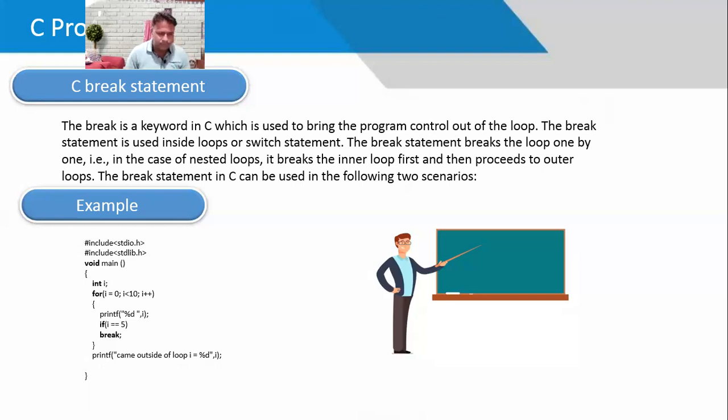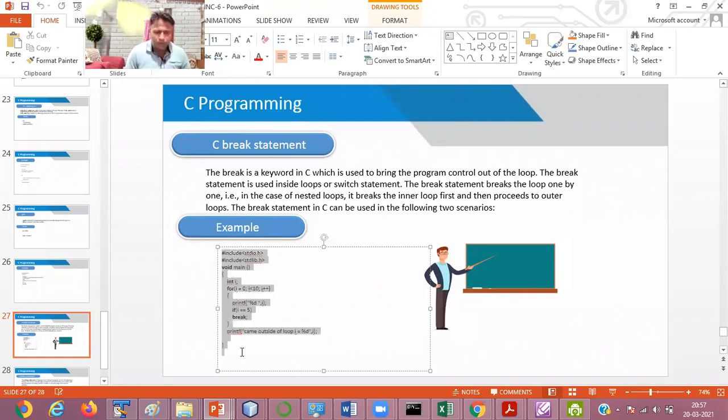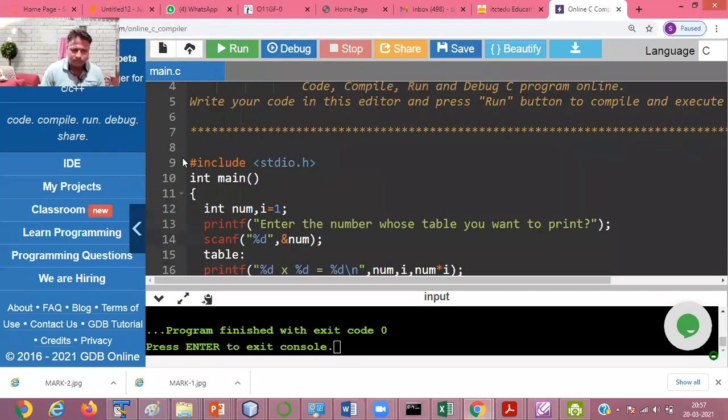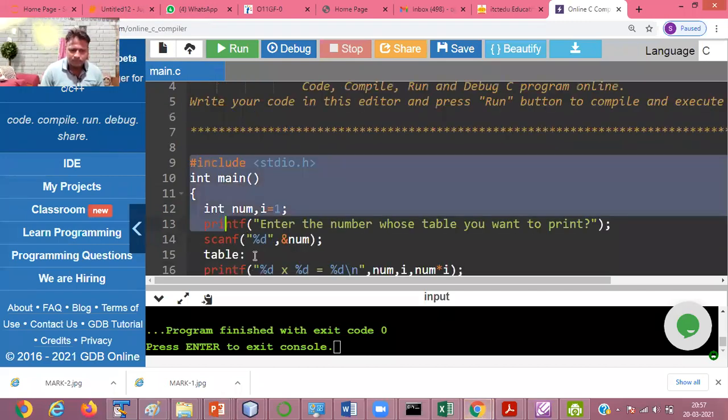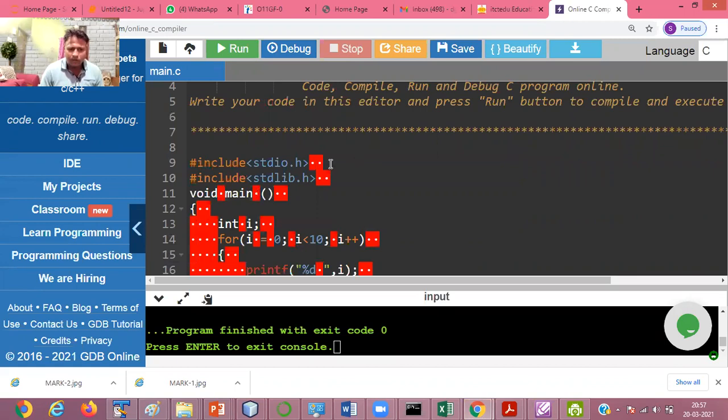If I go for this example, then you can understand it. I write this program to print from 1 to 10, but before it prints from 1 to 10, we have to use the break statement.